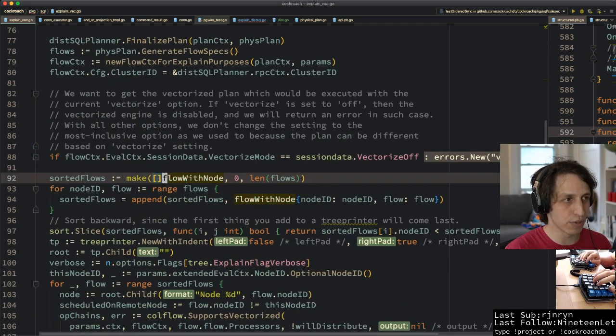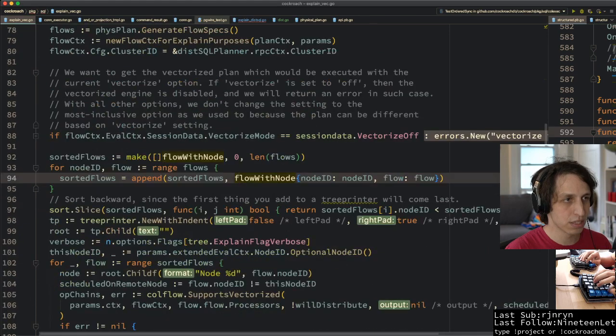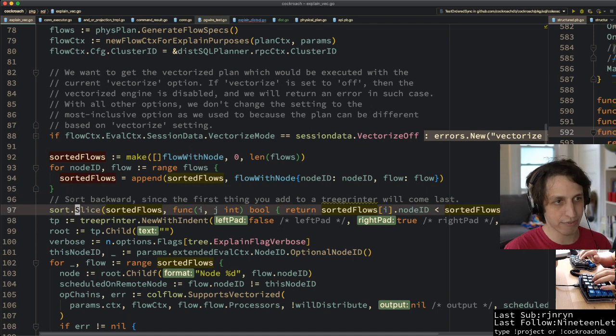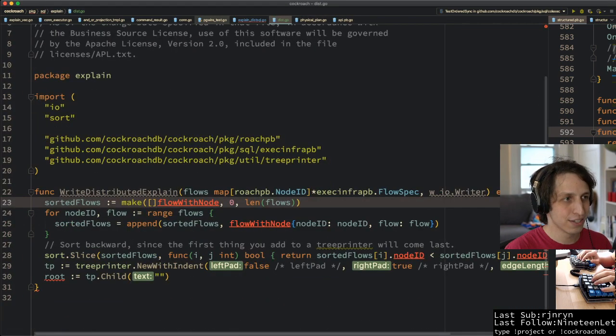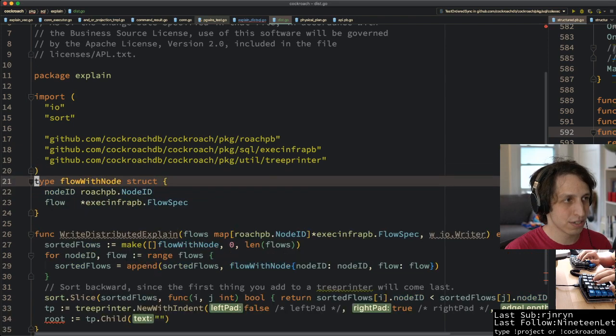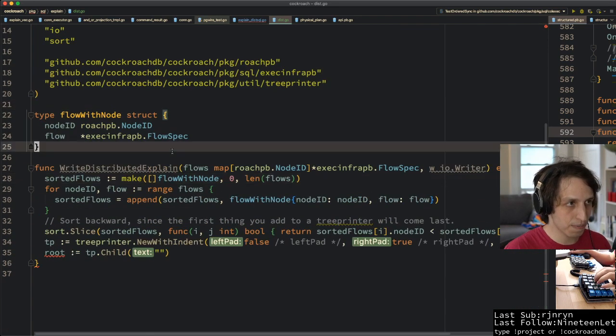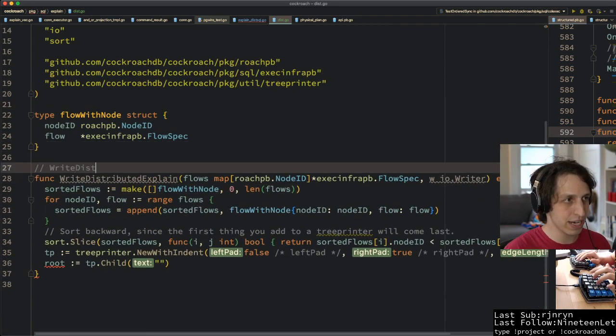What is the point of this flow with node business? I don't really know. Oh yeah, it's right. It's just like a sort container. Sort containers. Okay, so let's also make a quick doc string for this. So write distributed explain takes in a map from node ID to flow spec and writes